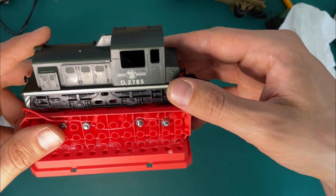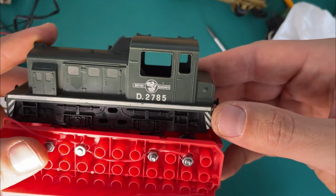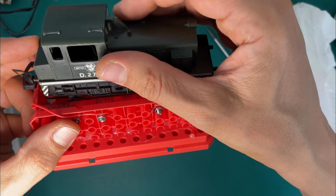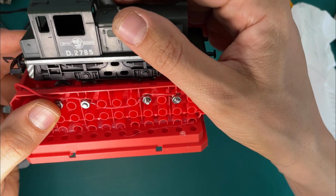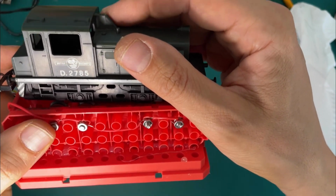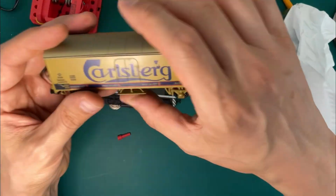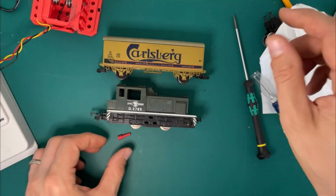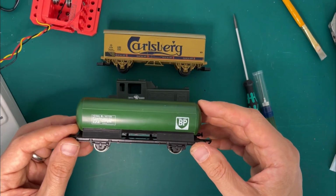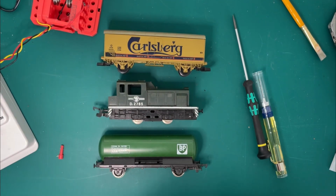Alright, now with the screws in place, this machine runs nice and smoothly. So all I did really was open it, give it a little clean, turn the wheels and lubricate part of the motor. So yeah, overall, what have we got? We've got a nice beer wagon, we've got a petrol wagon, and we've got this nice little shunter